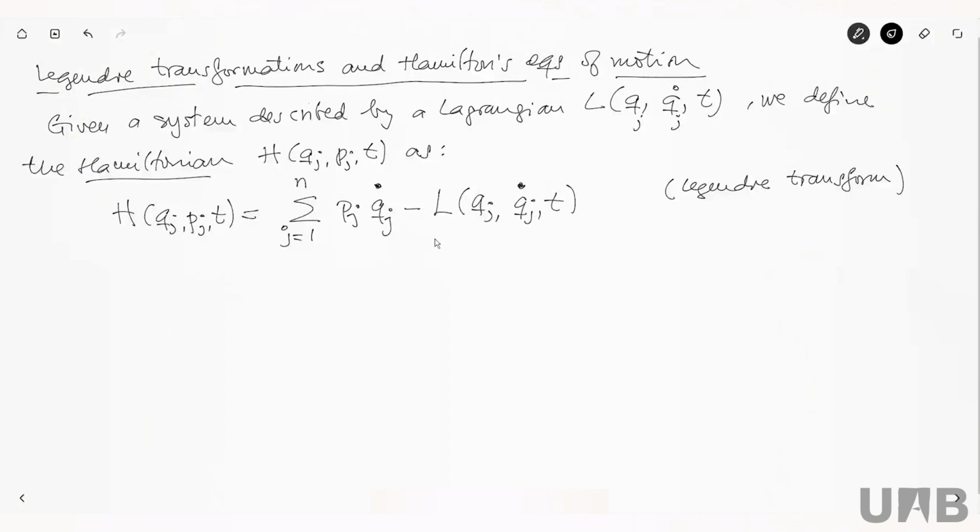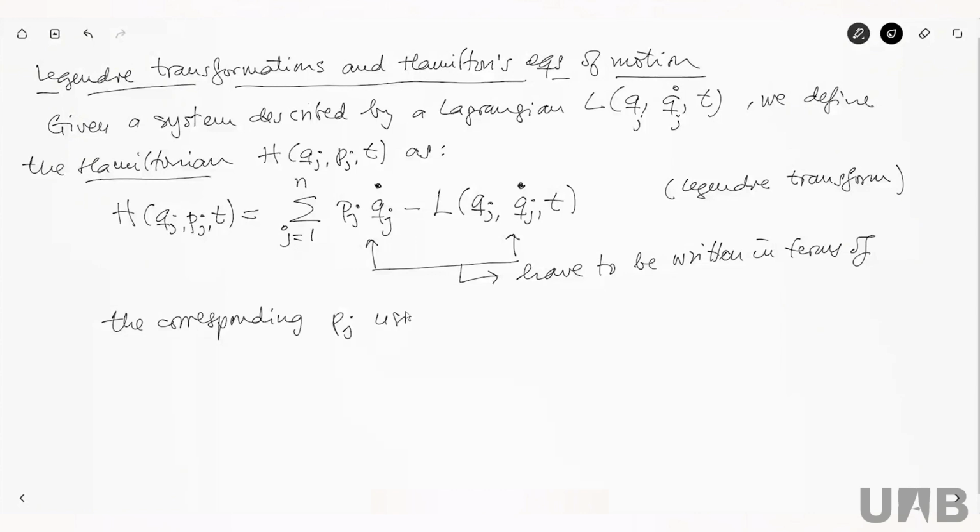This q dot here and this q dot here have to be written in terms of the corresponding p j using the inverse of the definition, p j equals partial of L with respect to q dot j,